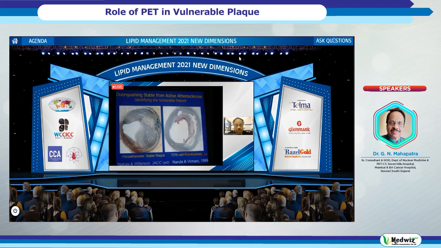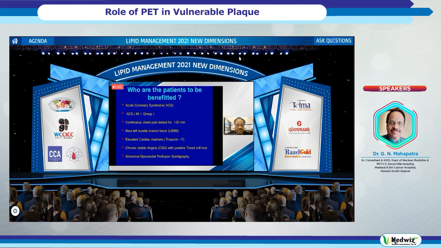Before I go to the detail, I would like to see how a stable plaque looks. You can see the stable plaque here. There's a good, stabilized necrotic core with an obliterated lumen, and this is the lumen of the artery. But just see at the right side, you can see the atheromatous thin cap fibroatheromatous plaque, which can rupture anytime. Compare both. This is a stable plaque with a stable necrotic core, and this is an unstable plaque with a thin cap fibroatheroma.